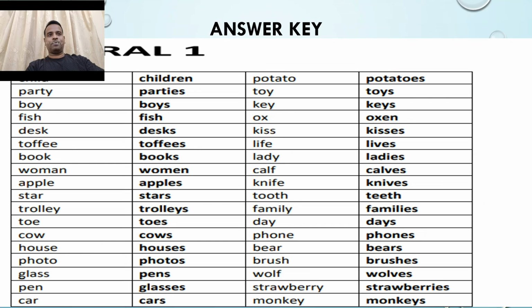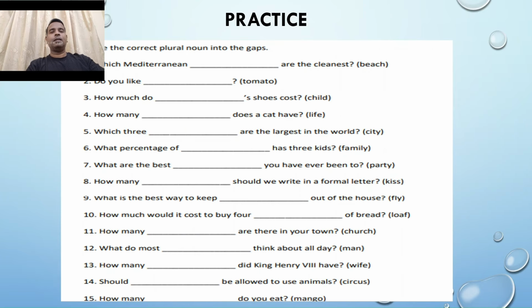Now I will come to the answer key. So friends, you can see child becomes children, party becomes parties, potato becomes potatoes, और toy बन जाता है toys, key बन जाता है keys, ox बन जाता है oxen, calf बन जाता है calves, knife बन जाता है knives, phone बन जाता है phones, house बन जाता है houses और much more. इसी के साथ हम last answer key को शिफ्ट करके अभी एक नए प्रैक्टिस सेशन पे आएंगे जिसमें हम